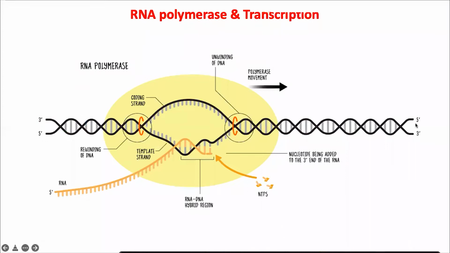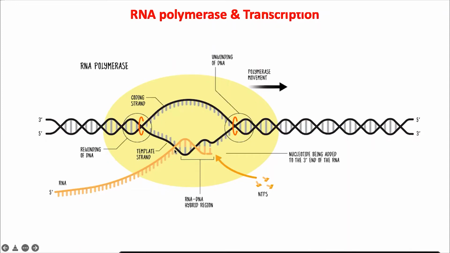Okay, now this is a sort of a picture of this entire process. In yellow is a schematic of RNA polymerase. This is DNA which is opened up. This is the DNA-RNA hybrid region where you have extension of RNA bases in the 3' direction, which is copied from this strand. Now, terminology is calling this the template strand. And the other strand over here, as you can see, is called the coding strand, and it will be